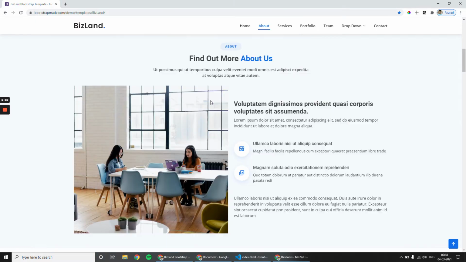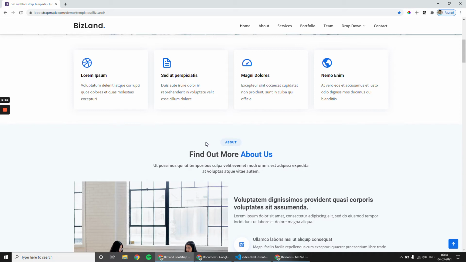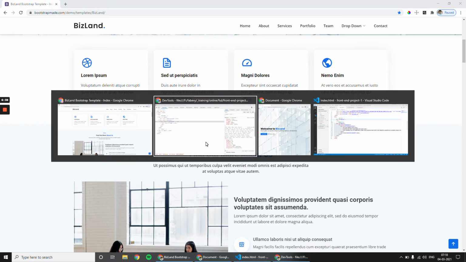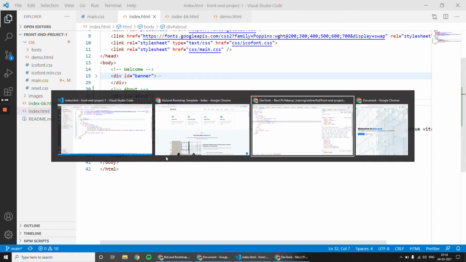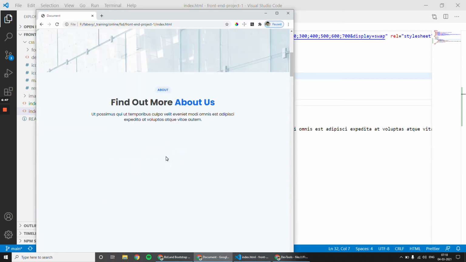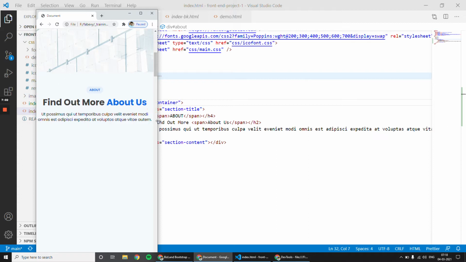Let us consider I have completed this web page for a larger screen. That's what we did earlier, right? So I have completed this project for a larger screen. If you check this page, find out more about this. This font size is for a larger screen. If I reduce the window, it will not get reduced. The reason is there is no responsiveness for this section. Now what I want to do is reduce the font size for mobile view. For small screen view, I want to reduce the font size.